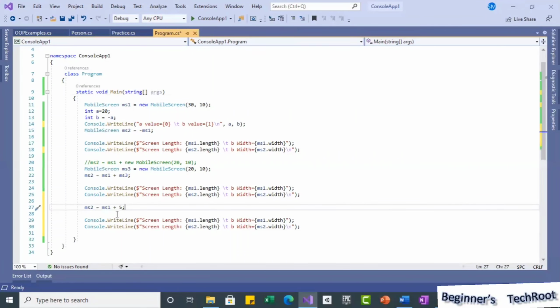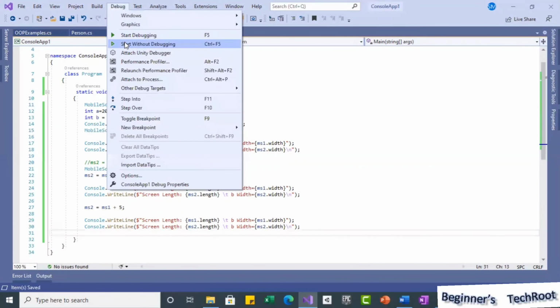That way it will be using the same binary plus operator overloading with the integer type. So the second method will be called. Again, what will be the values? We will see now, after executing this.